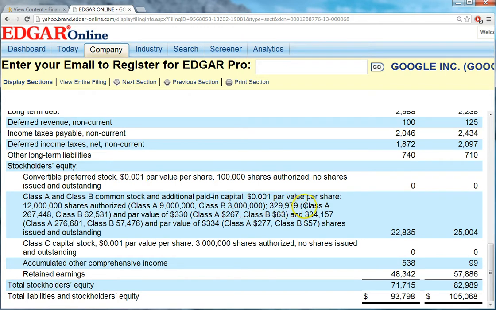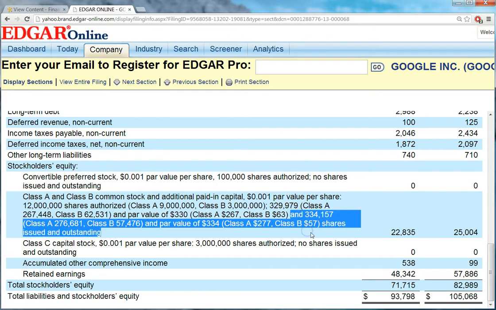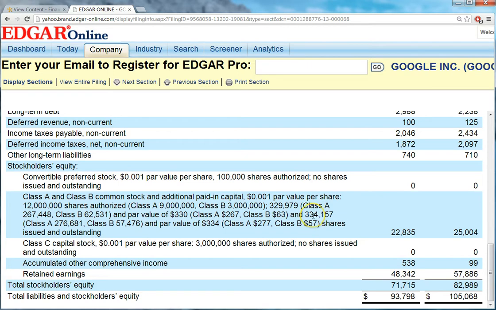The first set of numbers relate to what happened at the end of 2012. And the next set of numbers, this last set right here, tells us what's happening as of September 30th. So as of September 30th, there are 334,000 shares of stock issued and outstanding,